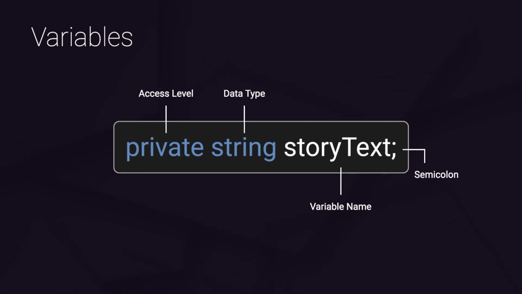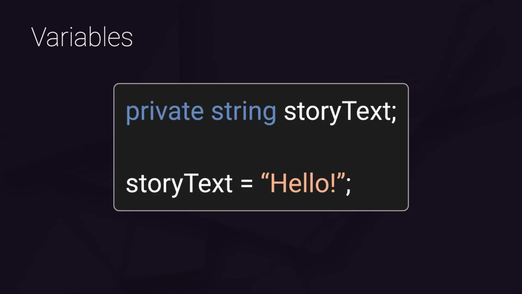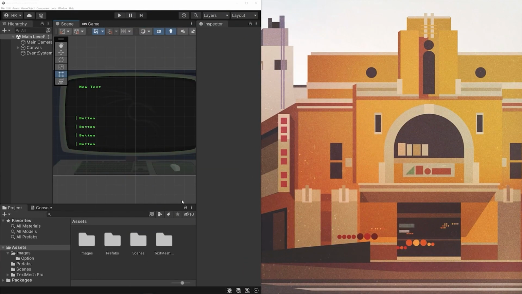Lastly, you write a semicolon whenever you finish writing a line of code. Semicolons are the equivalent of periods in regular writing. After you finish writing a sentence, you write a period to signify that that sentence has ended. In C#, you write a semicolon to indicate that your line has ended. I'll walk you through making your first C# script inside the Unity editor. Then I'll present you with the challenge of writing your